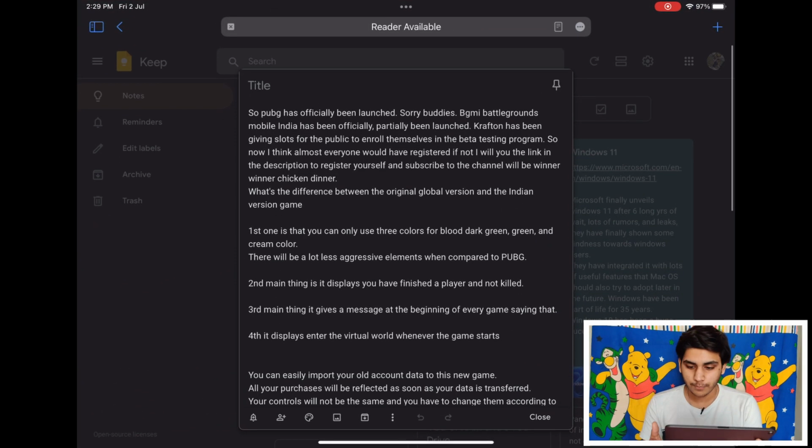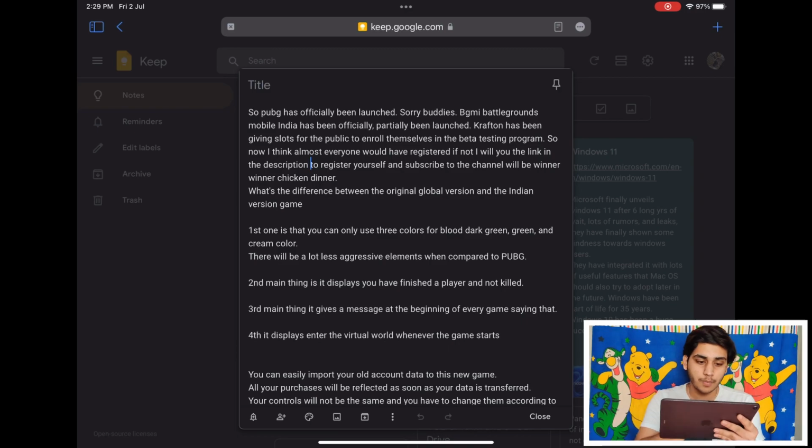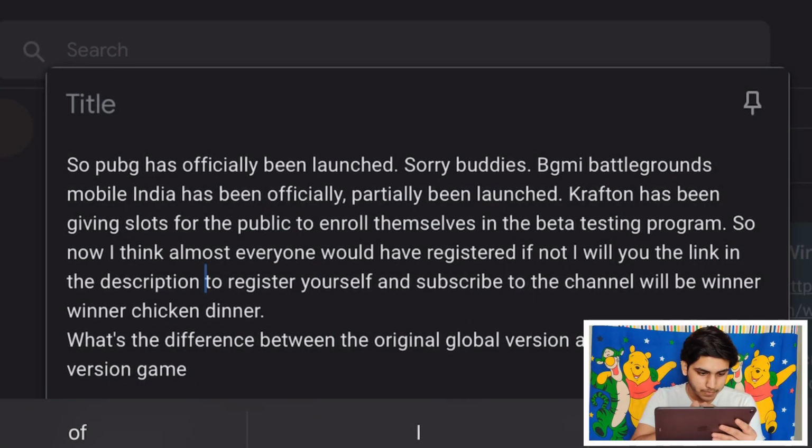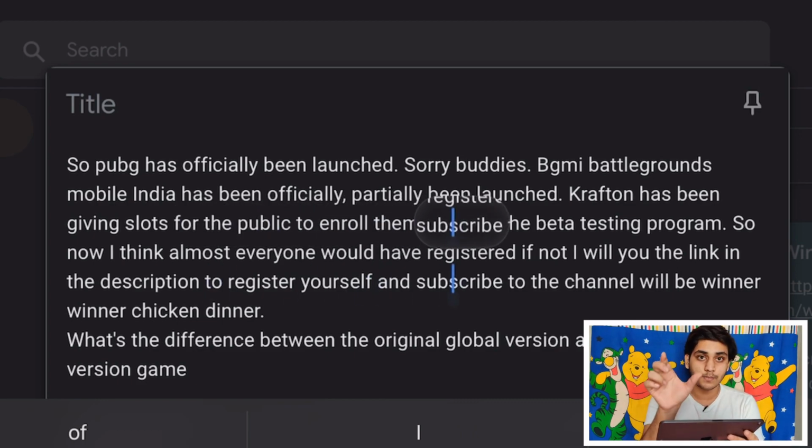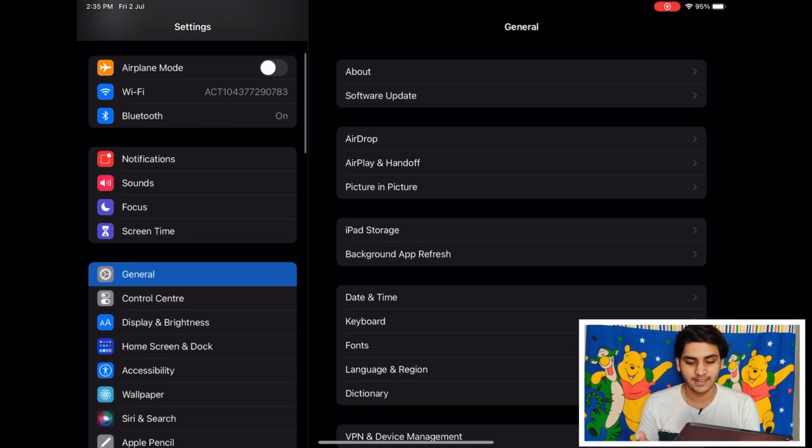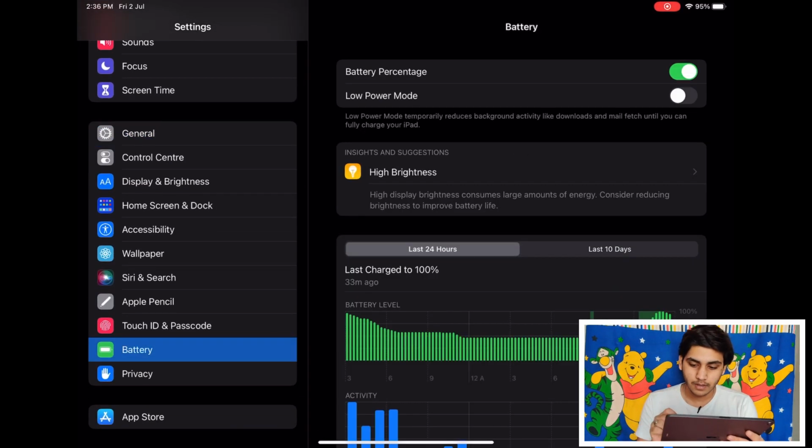There's also a magnify option you get now when scrolling the cursor on top of the typed text. As you can see here, if I scroll on this text, there's a small glassy bubble available over the text which magnifies the text. Finally, you get a low power mode which makes iPadOS even better. You can access it from settings, or you can place it in the control center.